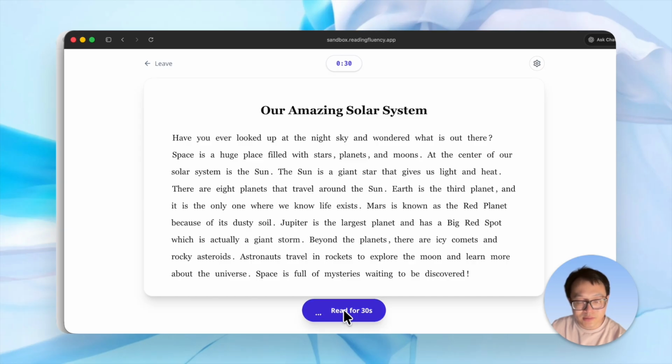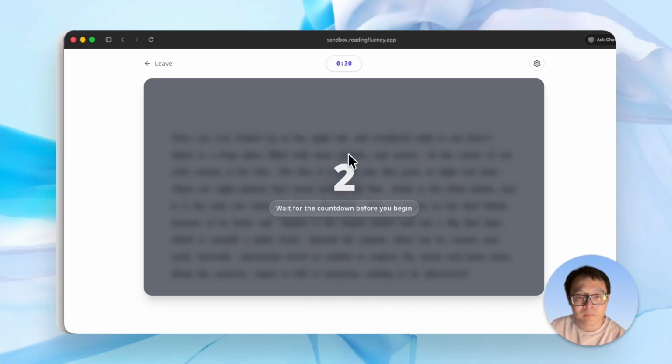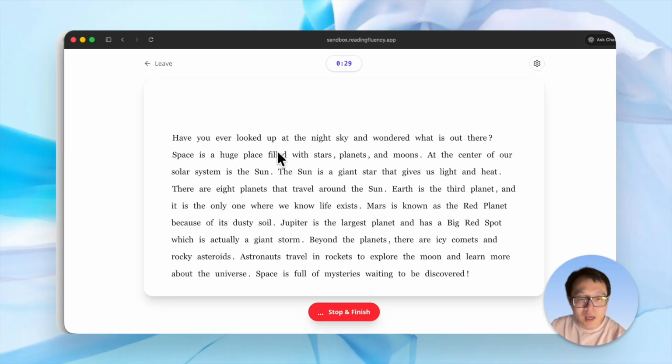Let's do a sample read. Our amazing solar system. Have you ever looked up